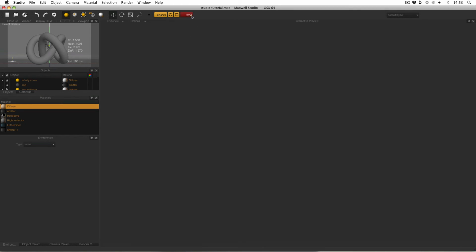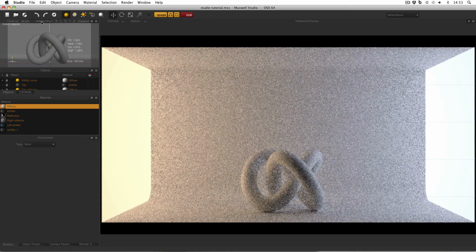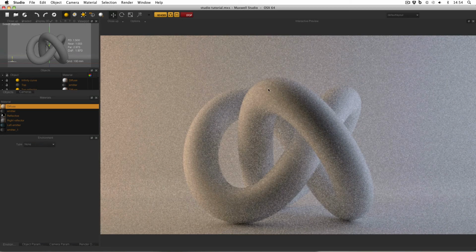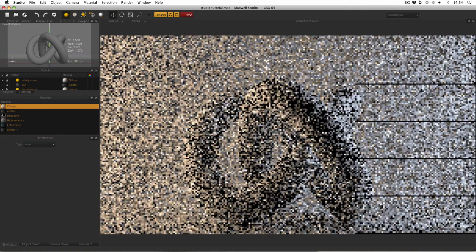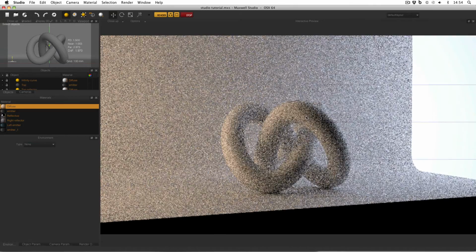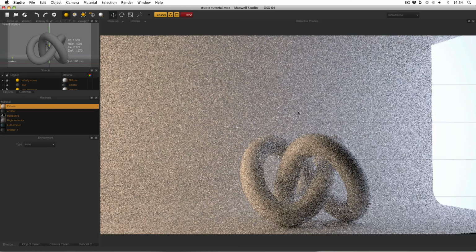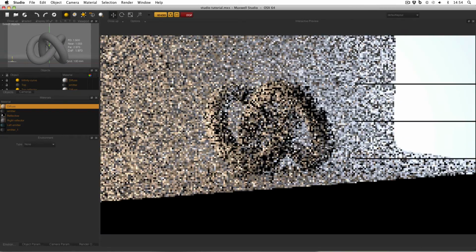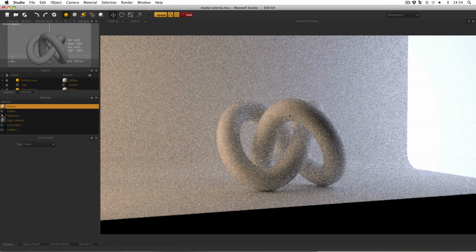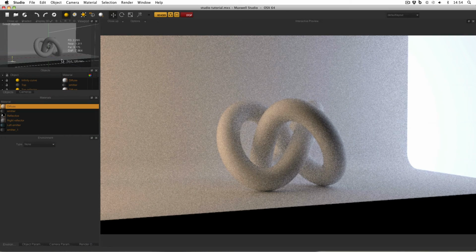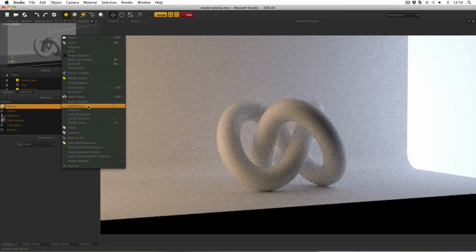And now I can work inside the interactive preview. I need to make sure that my cameras match, so I need my close-up camera. And just like in the viewport, I can use Alt and left click to navigate around in the interactive preview. Alt and right click will zoom, and Alt Shift and left click will angle the camera. Once I've got the view that I like, I can right click and set the camera view, so the camera view is set in the viewport, and also I should right click in the viewport and autofocus to make sure